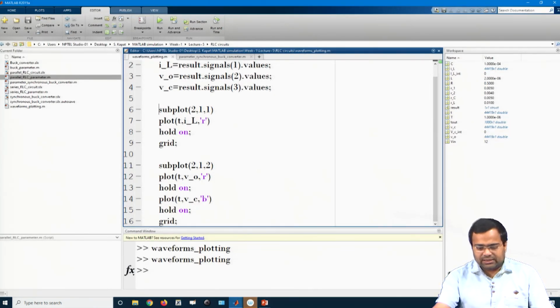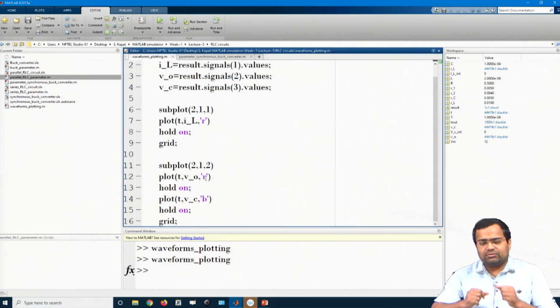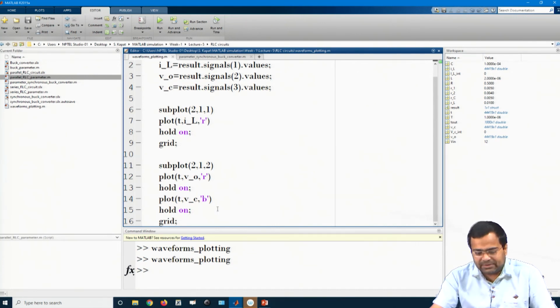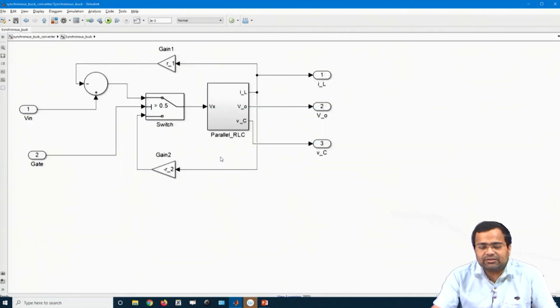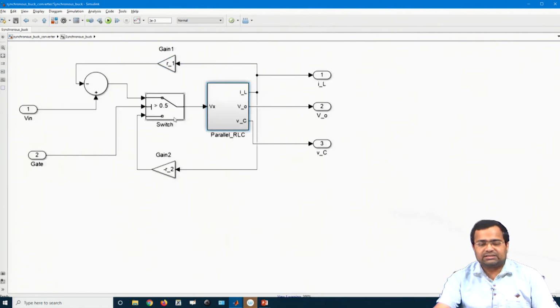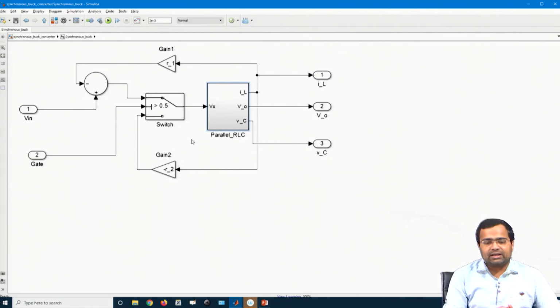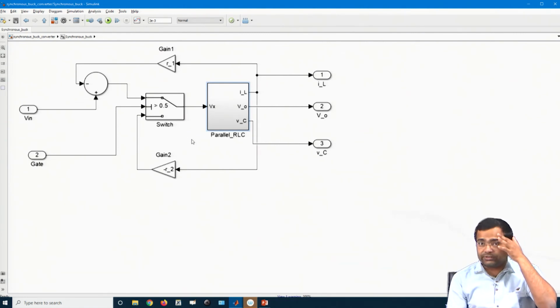Okay. So, I think that is all for today. We have learned how to implement a switching converter. If you go inside the synchronous buck converter, it is a parallel RLC circuit, and there we just added this switch block, and that implements our synchronous buck. With the same model, if we add some more features, it will become a conventional buck.